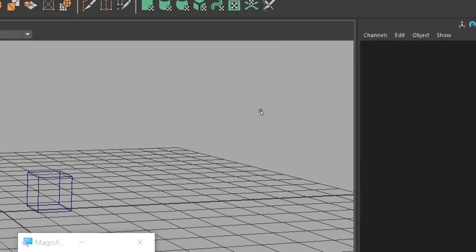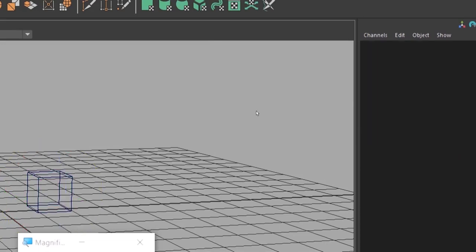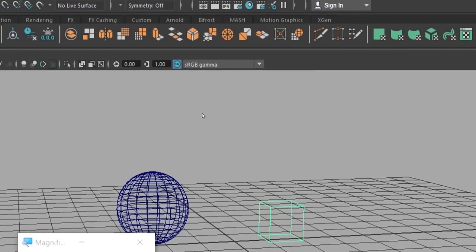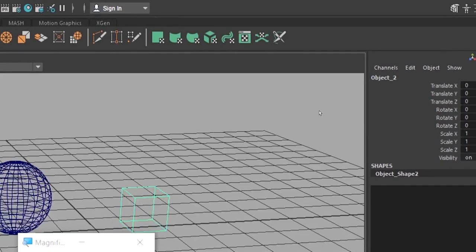Okay, now similarly, let us see what is the orient constraint. Yeah, I'm just again removing all the inputs, right? Again, I am making sure you don't have any inputs.